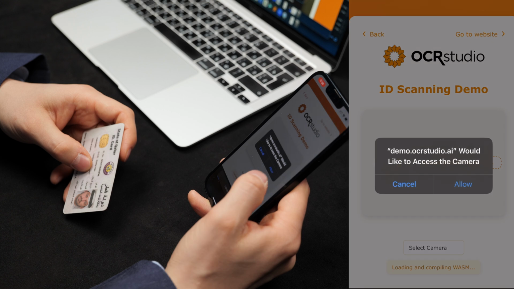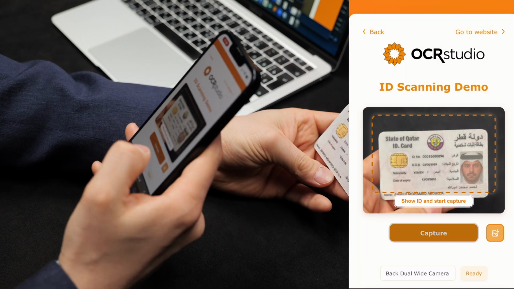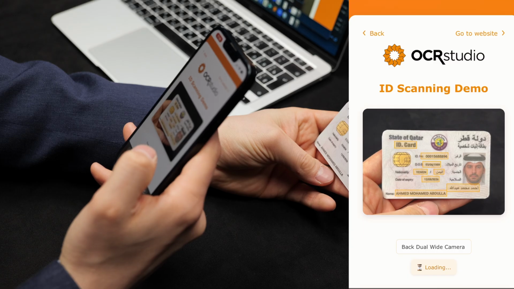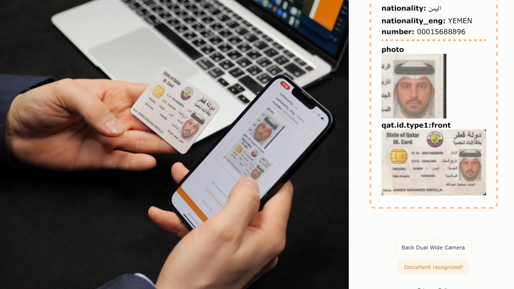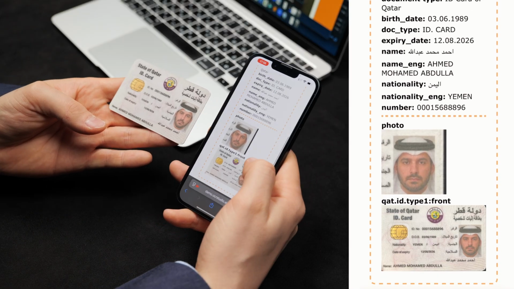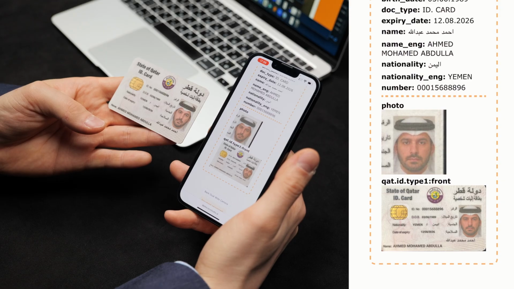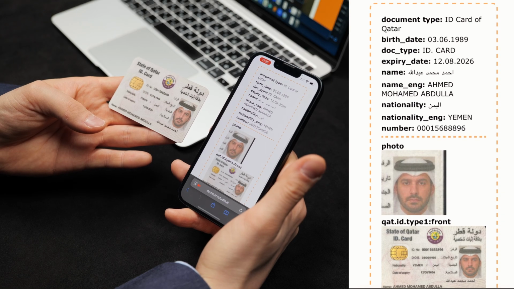And now let's do the same thing on the mobile device. Again, I'm opening the same page, but now using a mobile browser. And by default, it uses the rear camera of the mobile device because it has higher resolution. And again, on the mobile device, using the same page, you can do scanning of the same document. Again, extract all the data fields. Again, extract all the graphical fields as well. So that's it. How to integrate this, how to have this product inside your infrastructure.